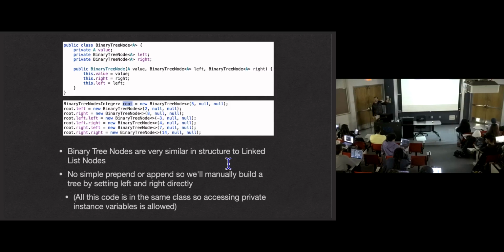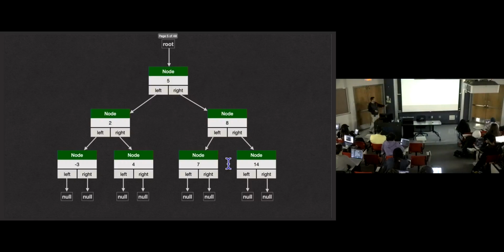So you would think of it being on the bottom of the tree, but we flip the tree upside down and the root is at the top. So our trees are upside down, but the root's at the top, and then the descendants go down. And then we're going to manually set the nodes for left and right children all the way down the tree. And this code here is going to build that same exact tree that we had on the previous slide. It's going to build this tree.